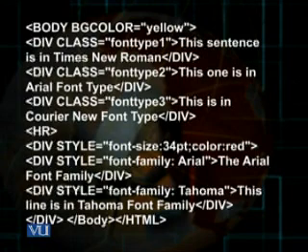And then the second div tag, style font family Tahoma, and I have written this line is in Tahoma font family. Accordingly, this sentence also would be in color red, in the font size 34 point, and in the font type Tahoma. This is how we can define our font family type, and we can use this property for our web page. There is another property in style sheets which is font weight.